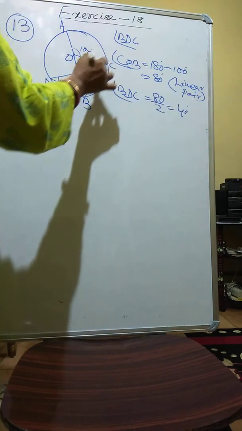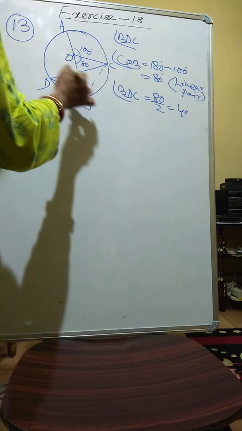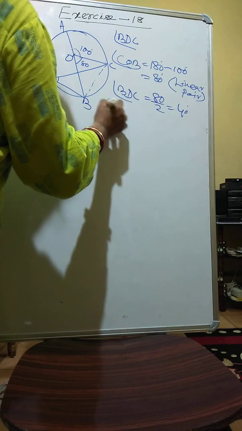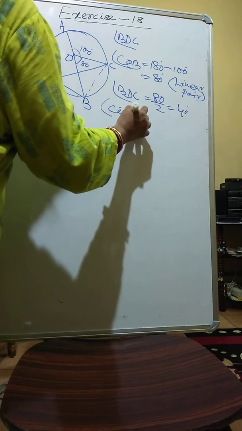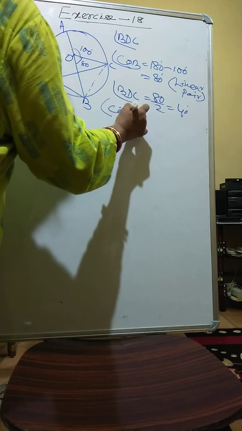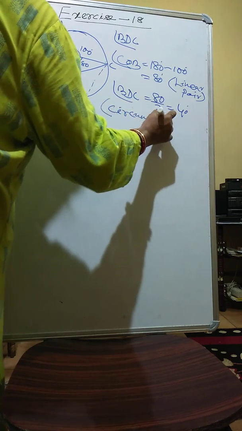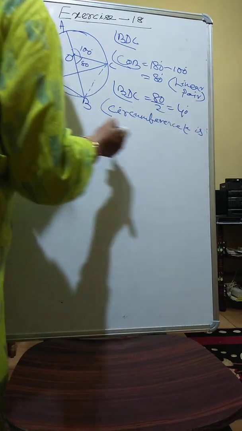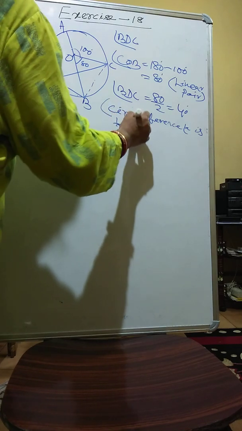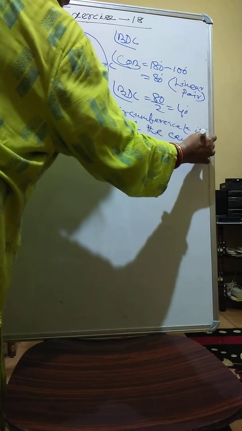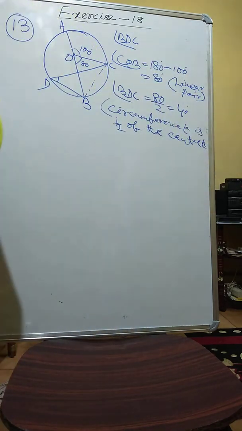Why? Because you see that this is a center angle and this is a circumference angle. Therefore, I'll write the circumference angle is half of the center angle. Okay? Then I'm going to do question number